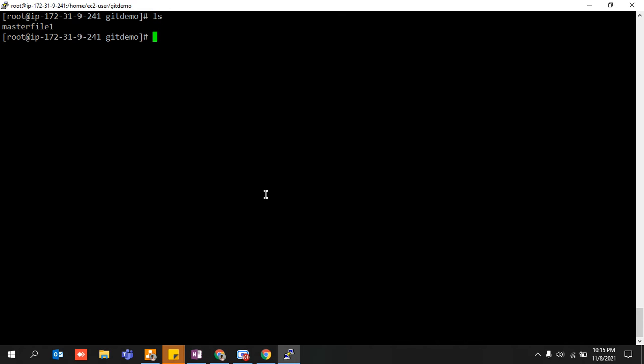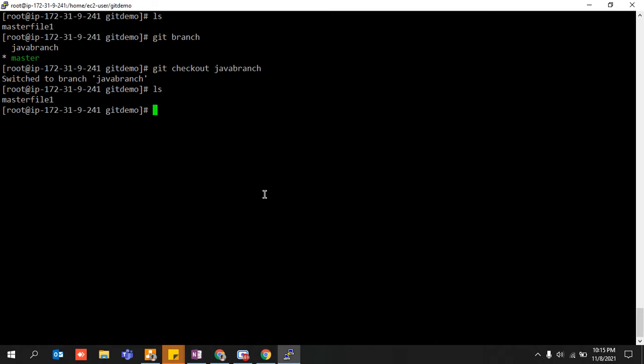So till now what we have done is we have created the master file, and we also created a particular branch. So now just move onto this branch. Let's say I am going to move on to Java branch. I have only one thing that was in master, the master file. Now since I'm a Java developer, I'm going to write my Java code. So create a particular file, let's say touch Java code file 1. This is my coding file in which I'm going to write my Java code, and this is my very first file.